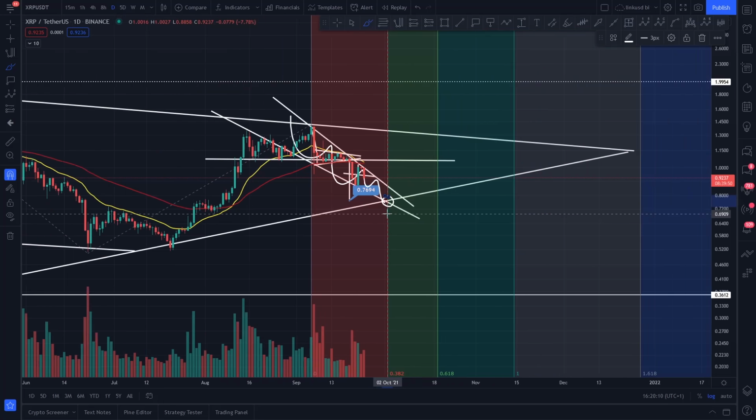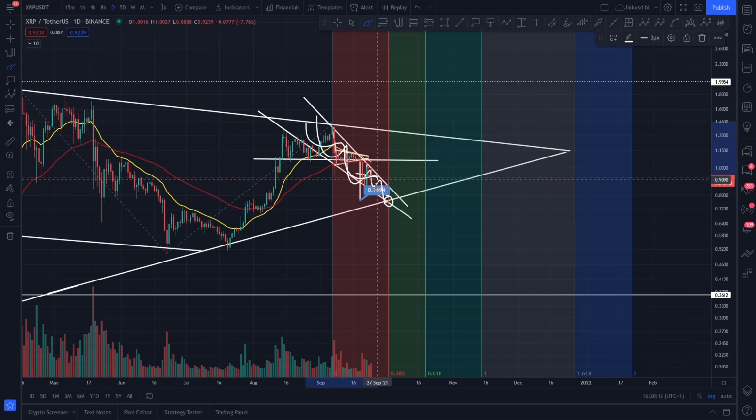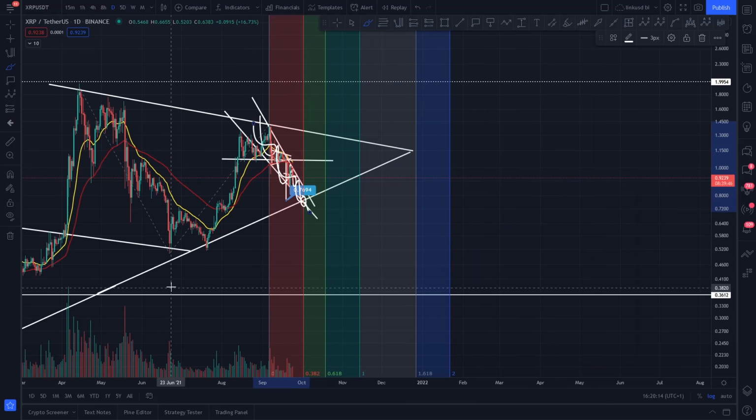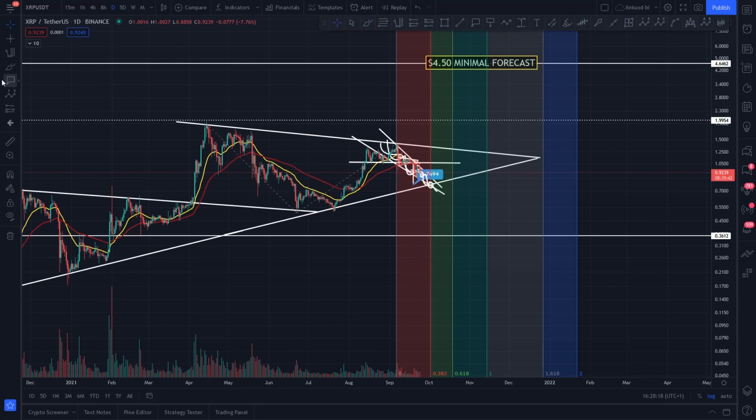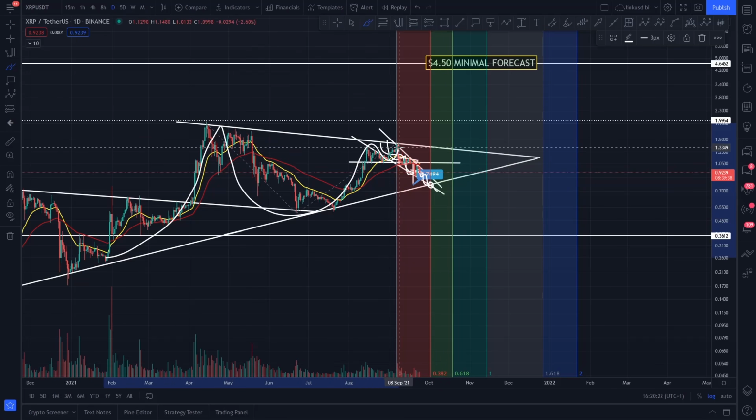Look, it's not only the support line of the falling wedge, sorry, but it's the support line of this whopping horizontal that you're in for XRP. So that could be a really crucial date here, the 2nd of October, which is a week tomorrow. You could be putting in the low down here of 76 cents for XRP. At that point, that could be your absolute low before you come up, make a higher low, some kind of reversal pattern breaking out of the falling wedge, which gives you a technical target to retrace where